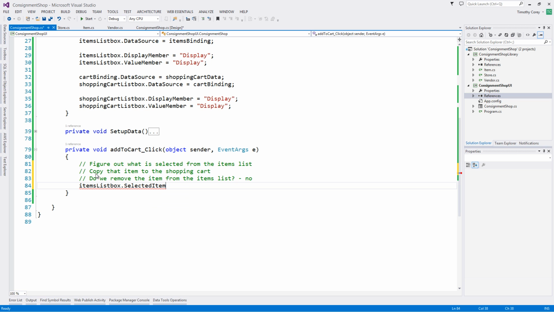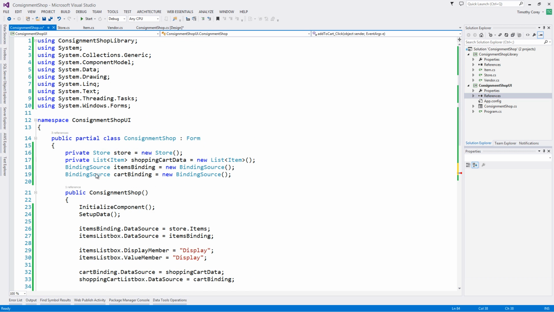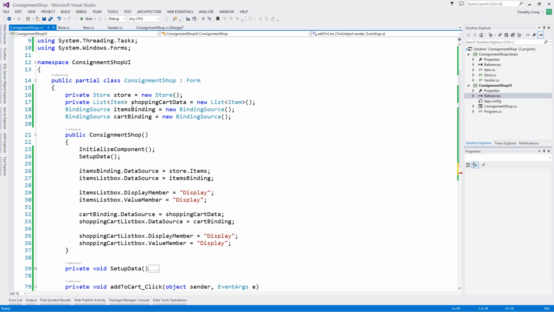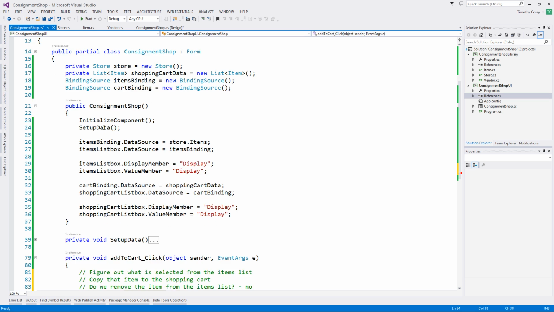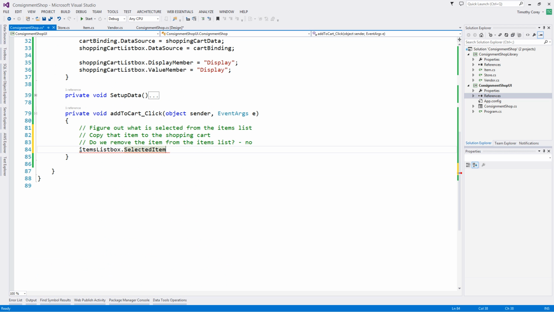So this right here would represent one item in that list box, the one that is actually highlighted. Let's try this out before we go any further. Let's say we know that that is of type Item, because that's what's in the box, type Item. So selected item equals